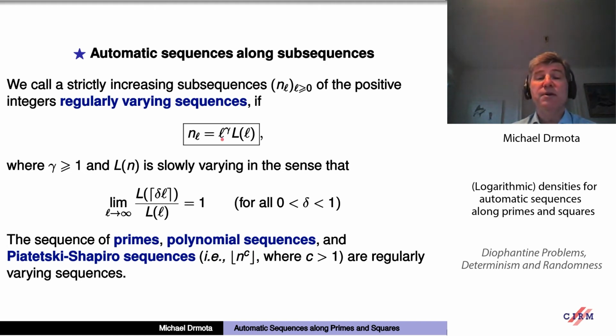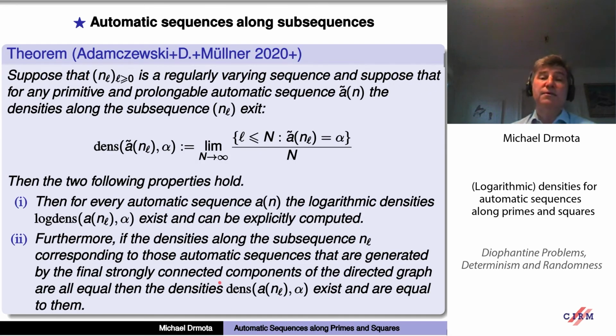So, for example, squares, or also the prime numbers, because the prime numbers are more or less L times log L. And so they are regularly varying, and also Piatetski-Shapiro sequences, and many other sequences that you might think of are regularly varying. And the first result that we have is that